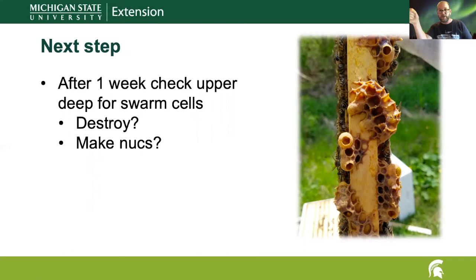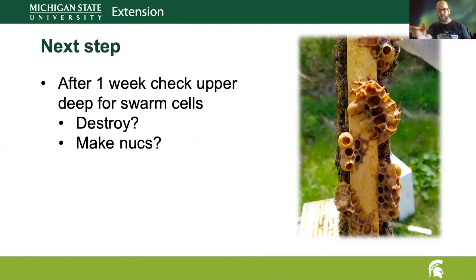Do I destroy those queen cells that are up in that top box, or do I destroy the queens that are being raised there just to keep that box as one? Or do I decide I want to make nucs out of these? These are perfectly good frames to make nucs from. They have queen cells on them, or if you have a queen that is hatched, you have a queen there